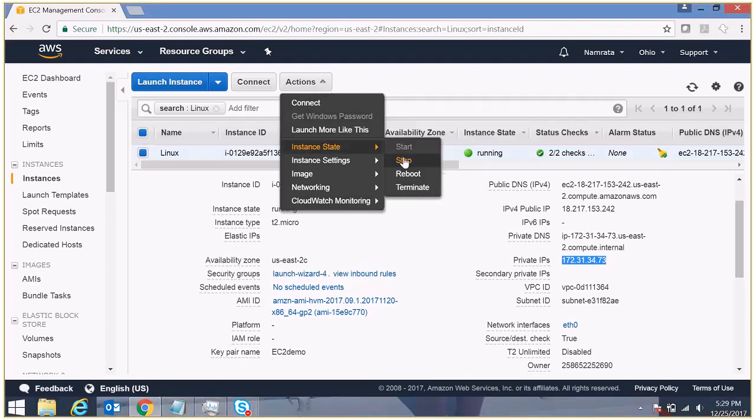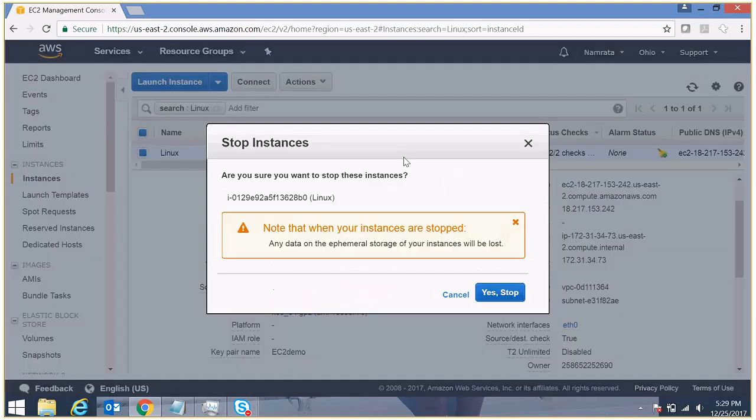The moment you go to instance state and click on stop, you will get a note. So let's do that. This is the note that I was talking about. This note clearly says that any data on the ephemeral storage of your instance will be lost. What does the word ephemeral mean over here? Ephemeral means anything that is temporary or short-lived. Any data that is in the instance store of your instances will be lost,